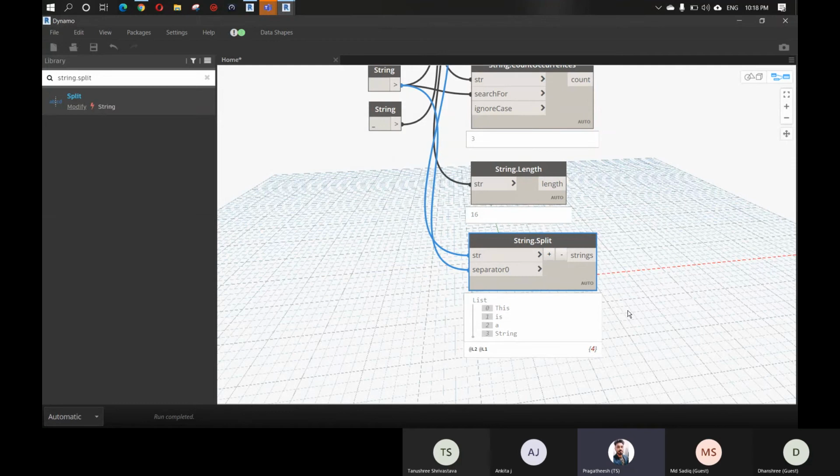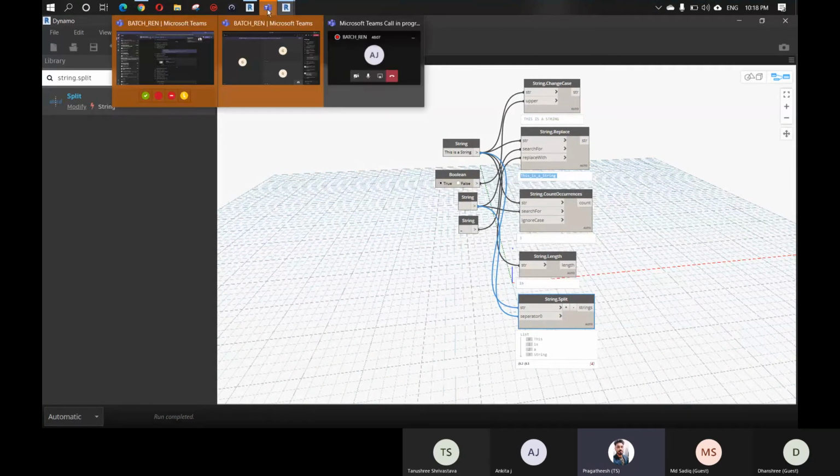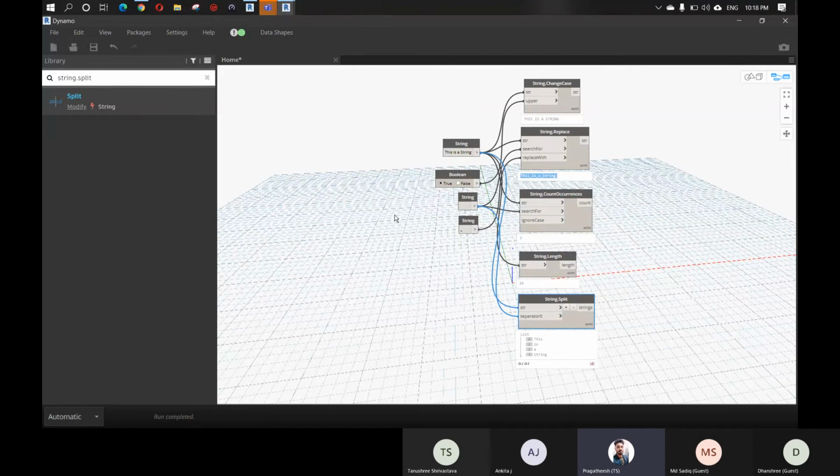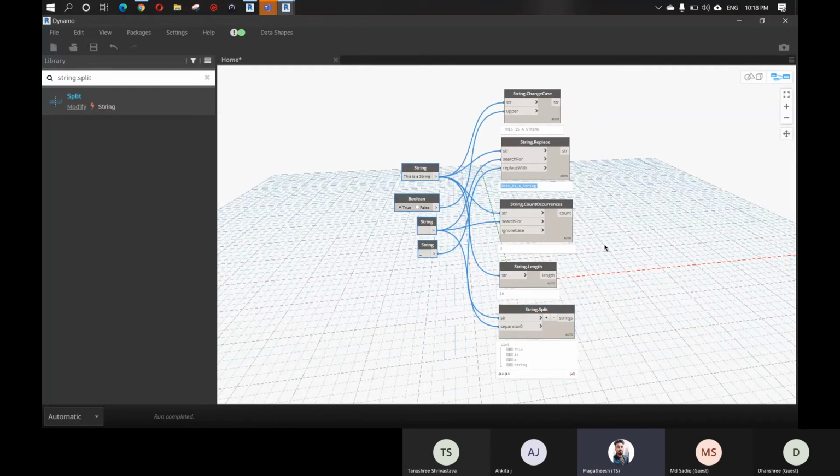Okay, so is this clear for everyone? Using strings to do certain tasks.